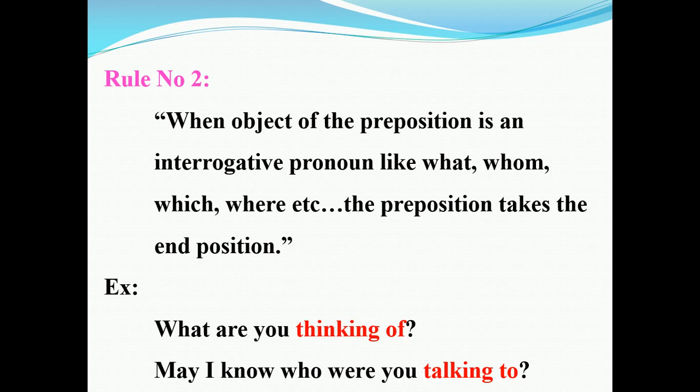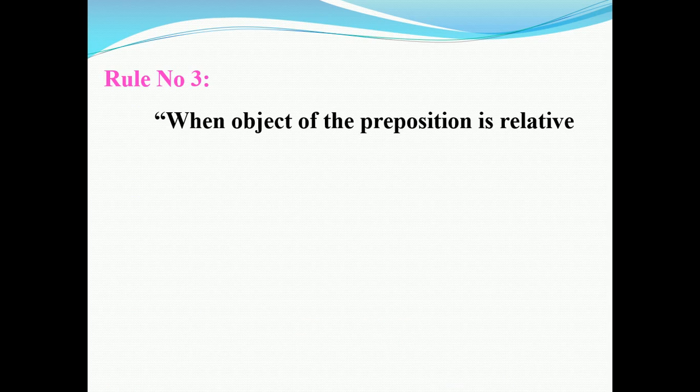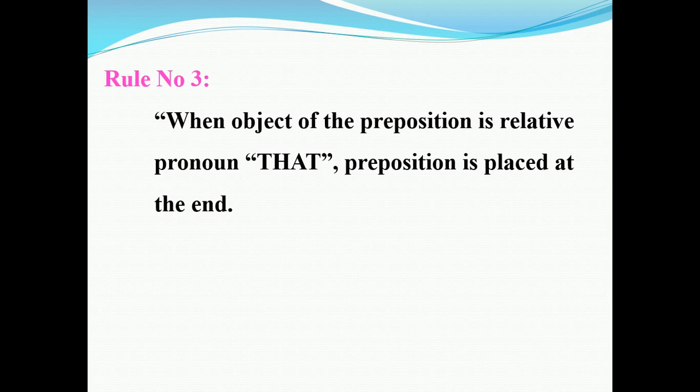When the object of the preposition is an interrogative pronoun like what, whom, which, where, etc., the preposition takes the end position. The preposition will always be at the end part of the sentence. Now rule number 3 says that when the object of the preposition is the relative pronoun that, the preposition is placed